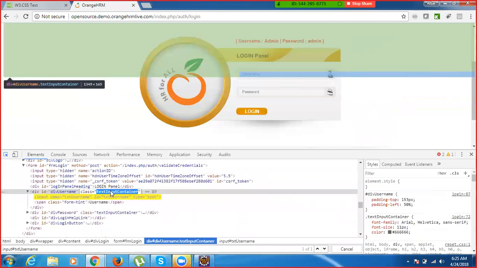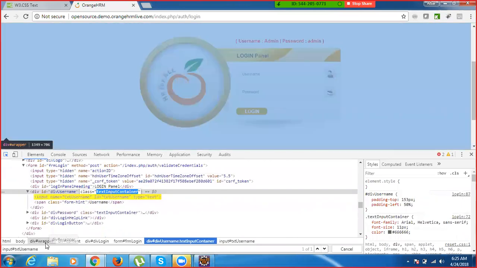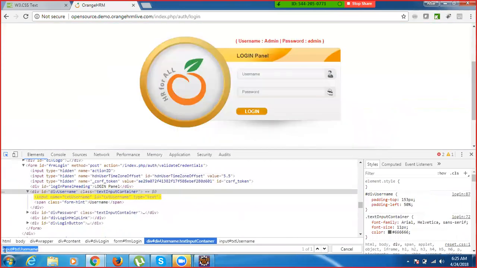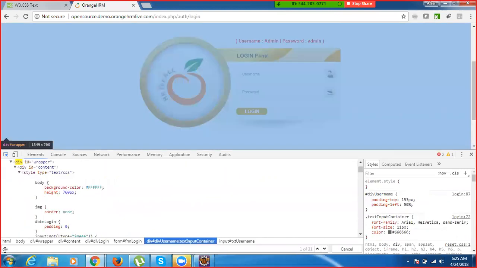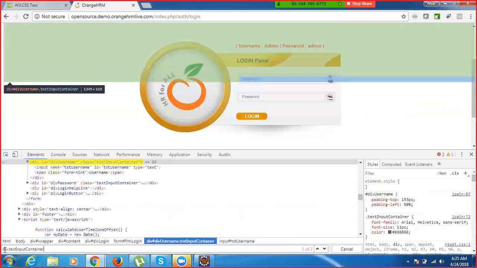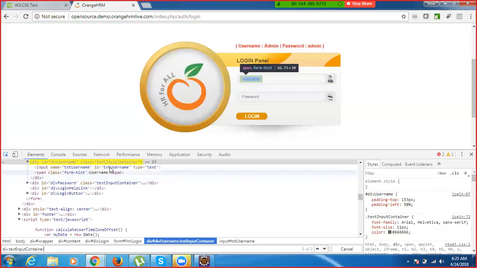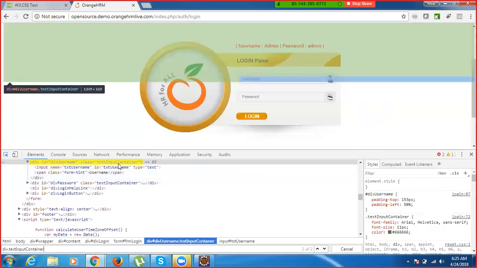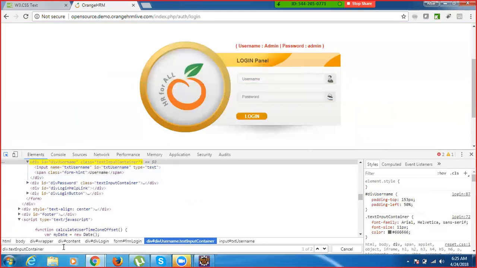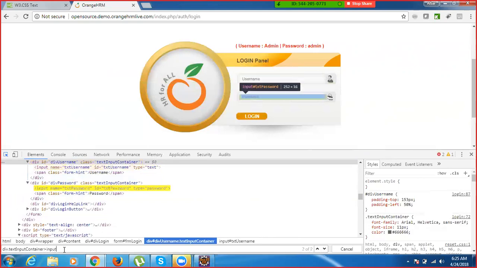Okay. If I write something like that, div dot class name, now you can see I'm able to find this particular class, this particular node. After that, what I can do? Let's see. Okay. Now you can see